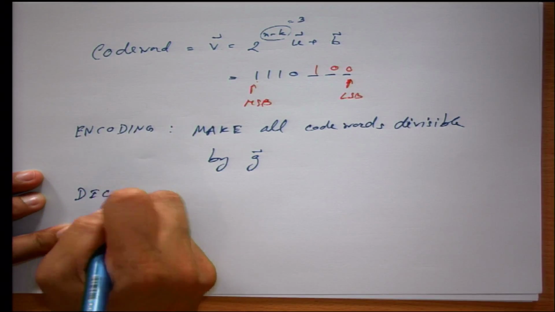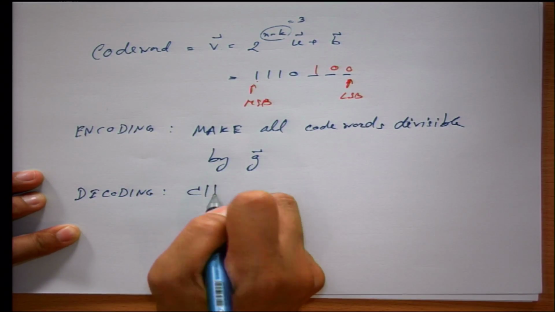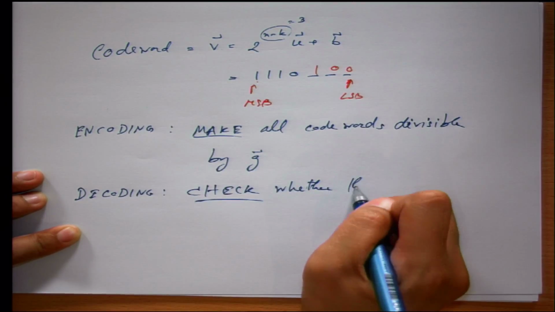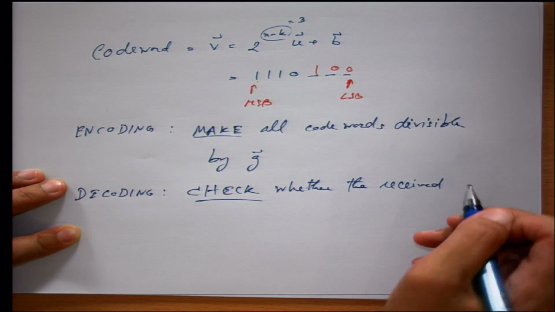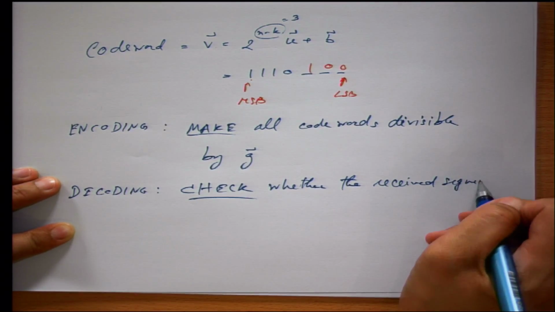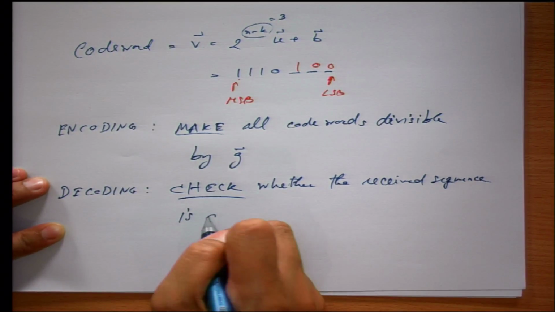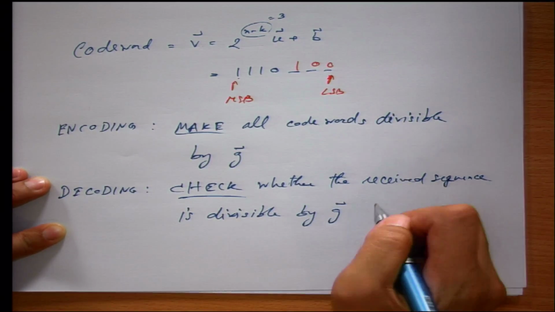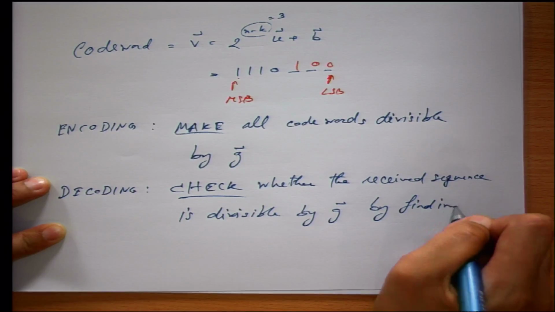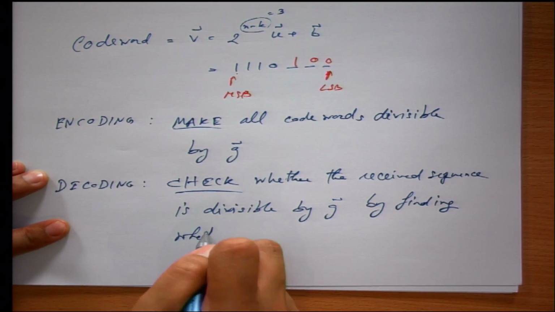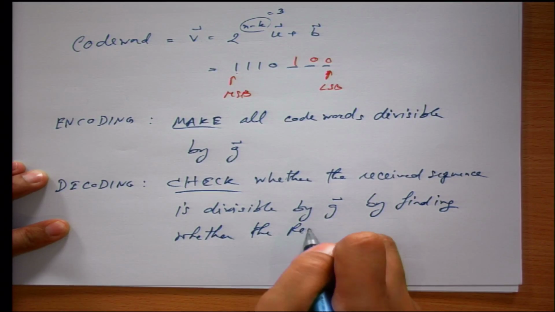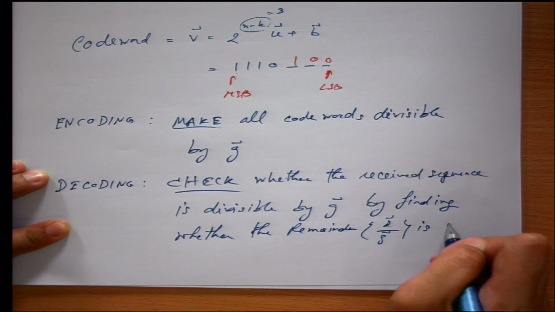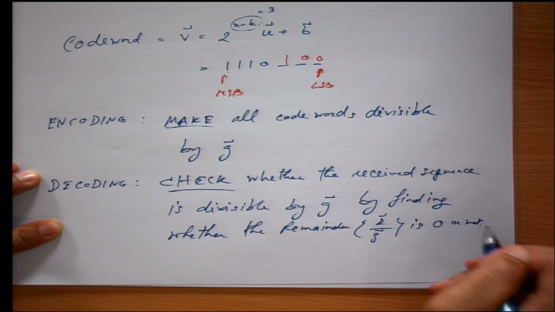So decoding checked whether the received sequence is divisible by G, by finding whether the remainder of R divided by G is 0 or not. Okay, so